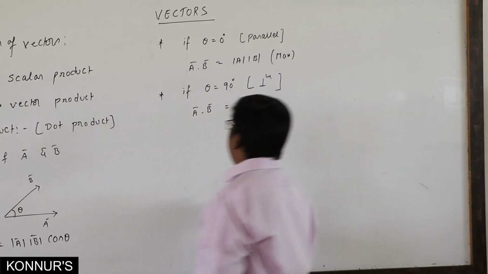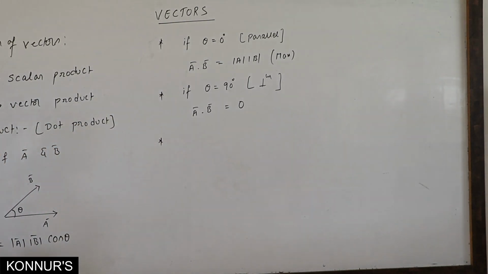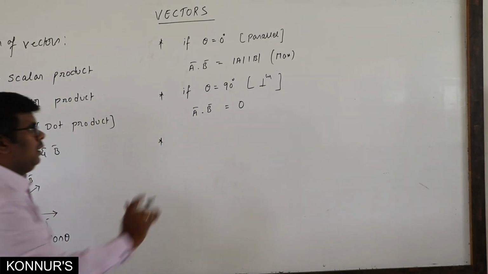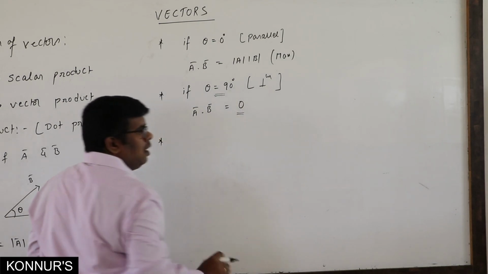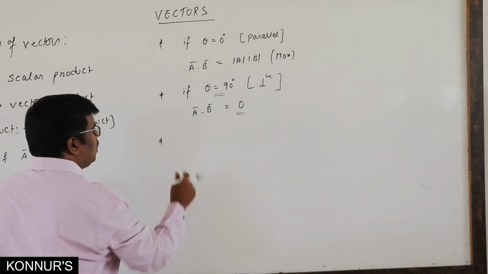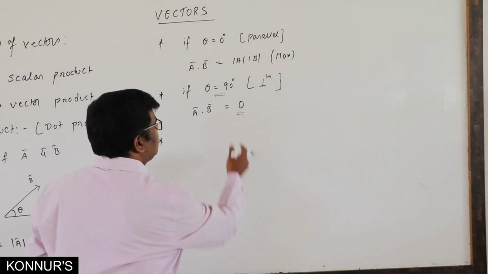Next, if the angle between vector A bar and vector B bar is acute, the scalar result is positive. And if the angle between A bar and B bar is obtuse, the scalar result is a negative value. Next, we know the orthogonal unit vectors. If the angle between vectors is 90 degrees, the result is 0. Orthogonal unit vectors are mutually perpendicular to each other, therefore the dot product of orthogonal unit vectors also gives the result 0.